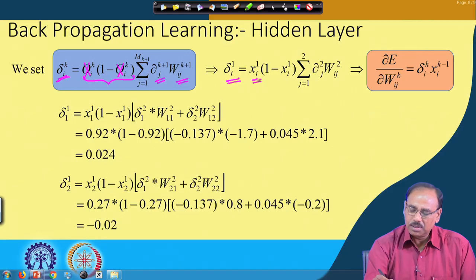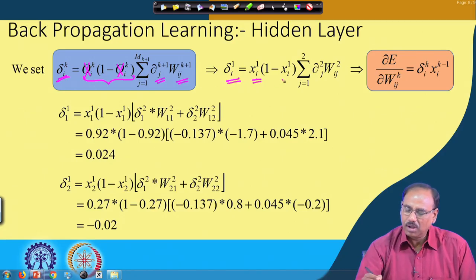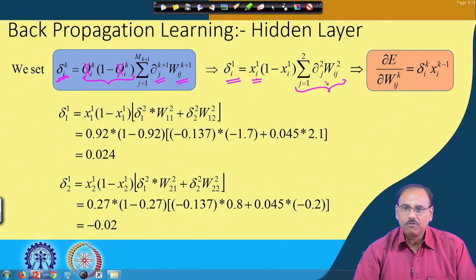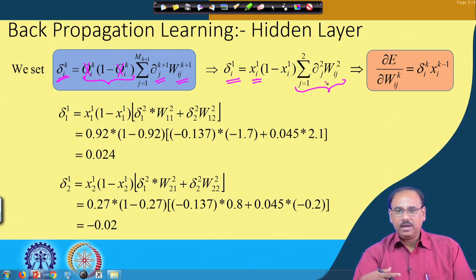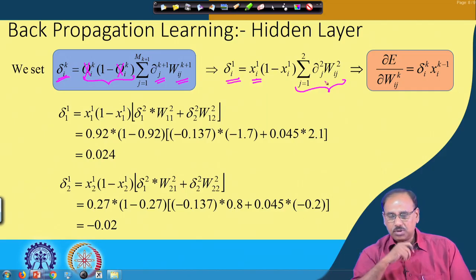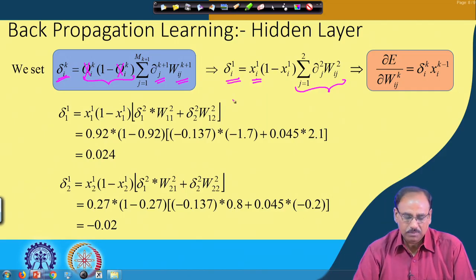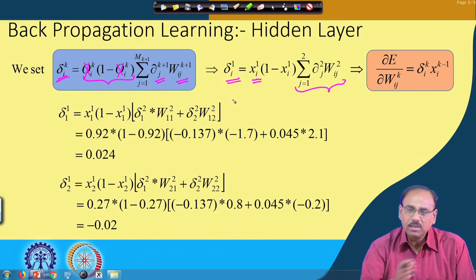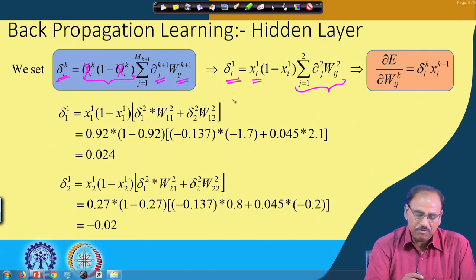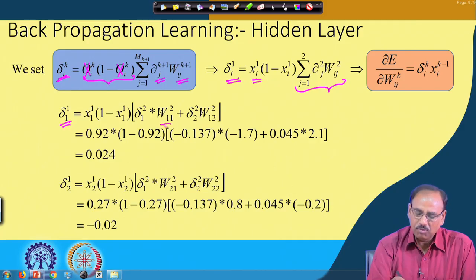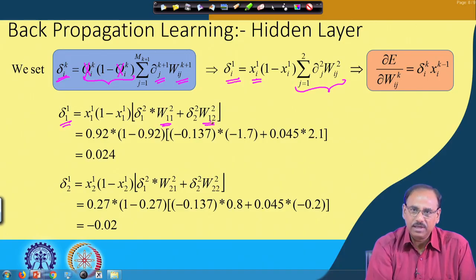So, this xi1 into 1 minus xi1 into the sum of all the back propagated errors from all the nodes to which the ith node has fed the input. That is what gives us delta i1. Given this and all the values we computed during the forward pass, I can find out delta 11 because I know x11 from the forward pass. I know delta 112 and delta 122, because that is what we had initialized,